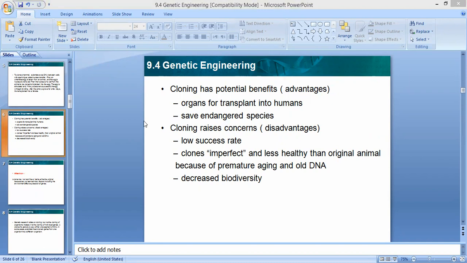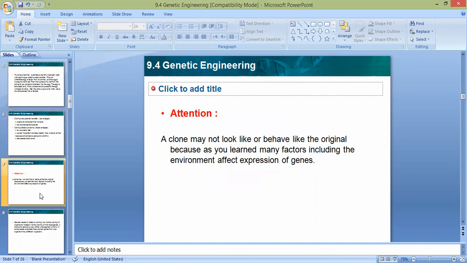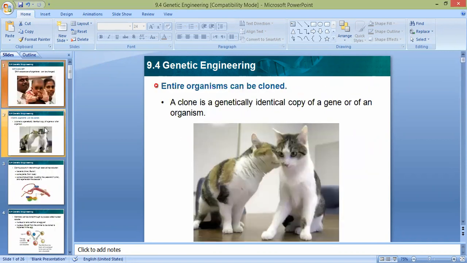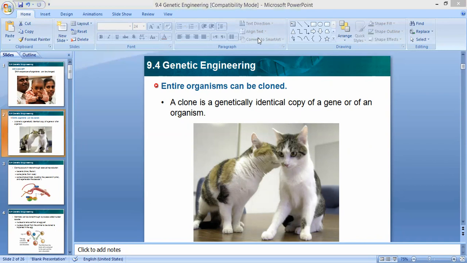Alright, هلا let's come to this attention. A clone. هلا some people they were looking to make cloning of their مثلا lovely pets. زي هاي شوفوا، في عندي زي هاي مثلا هاي الكات. كانوا يفكروا كمان يعملوا كلون عشان for their desire إنه مثلا they love this pet and they want to make a clone of it عشان in case إذا صار عندي بدي أنا many copies of the same pet. تمام؟